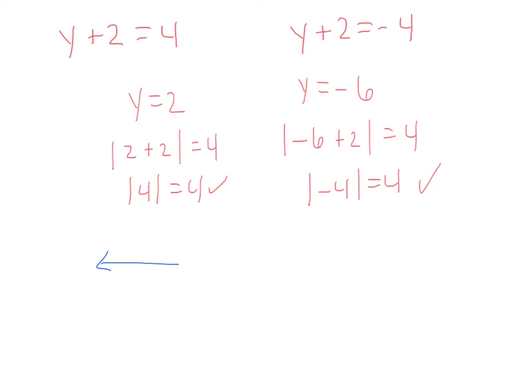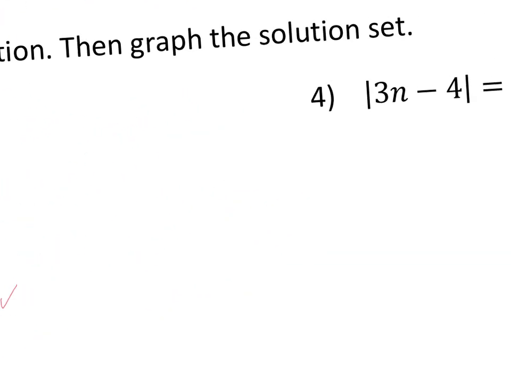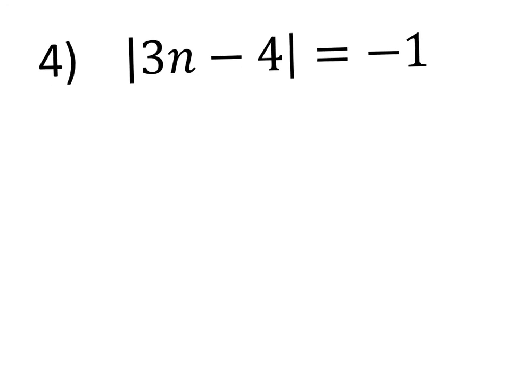And on my number line here, I've got a 0 in the middle. I got 1, 2, and then 1, 2, 3, 4, 5, negative 6. So I'm going to have a point on 2 and a point on negative 6. Okay. All right. Next problem we're going to look at is what happens when we have an equation and it